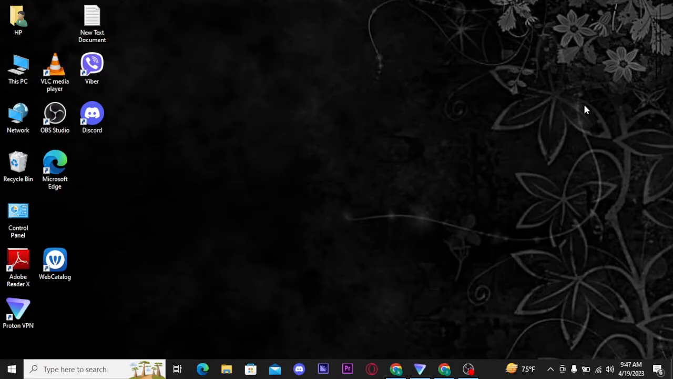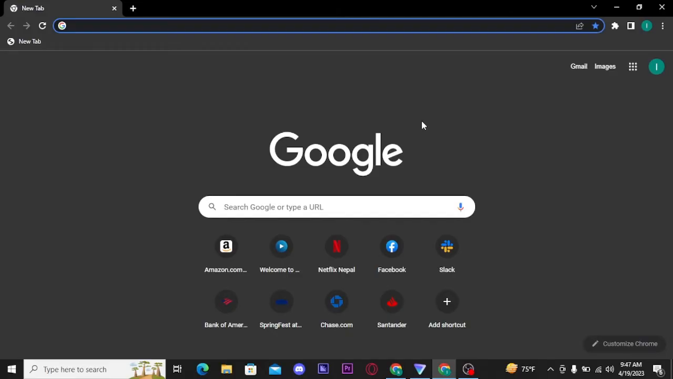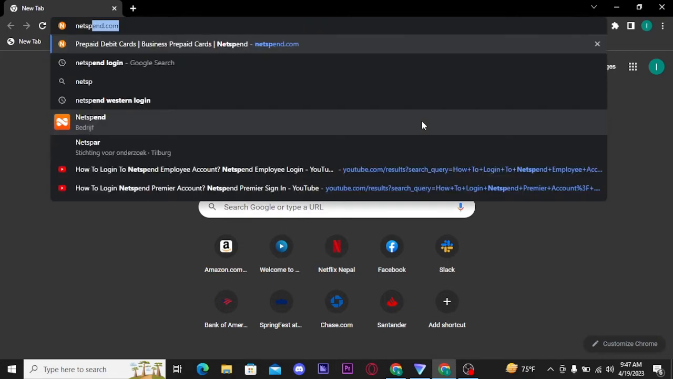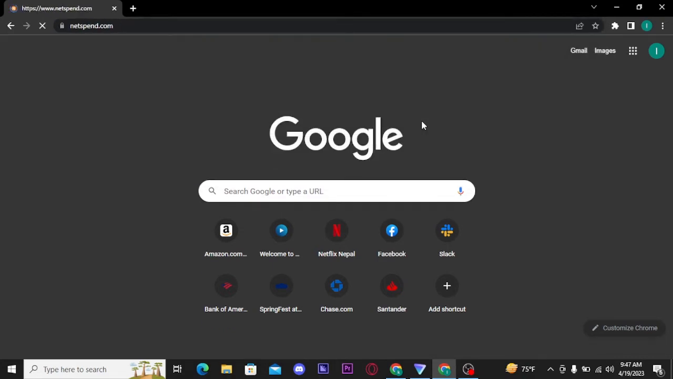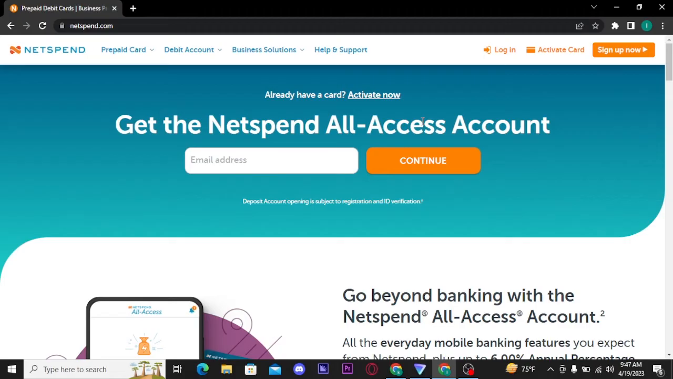Now let's get into the video. Firstly, you need to open up any web browser on your PC and there on the URL search for netspend.com. And once you search for it, you will be landed on its official homepage. Now from here, tap on the Activate Card option at the top right of your screen,